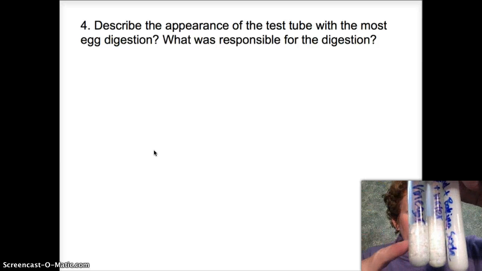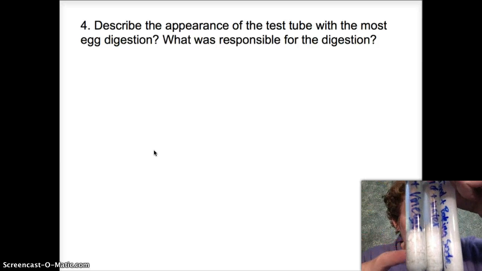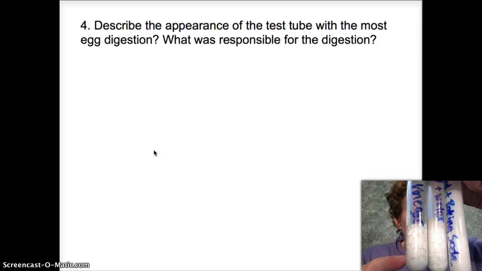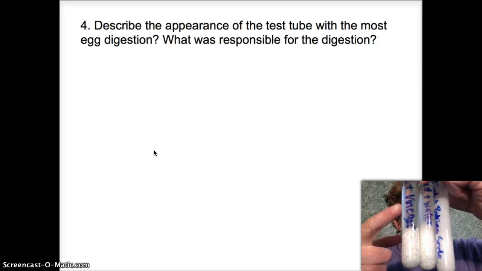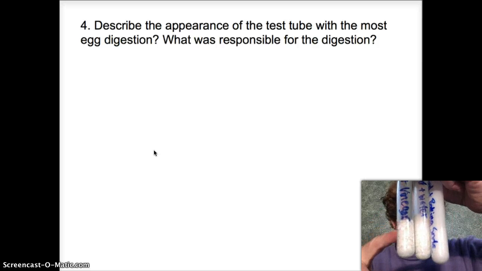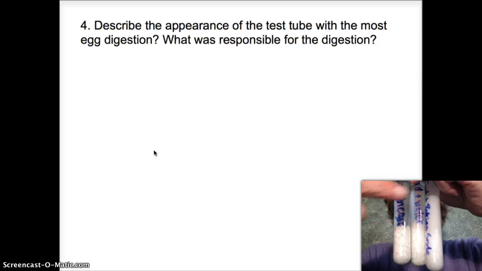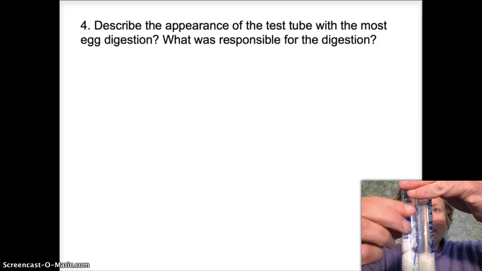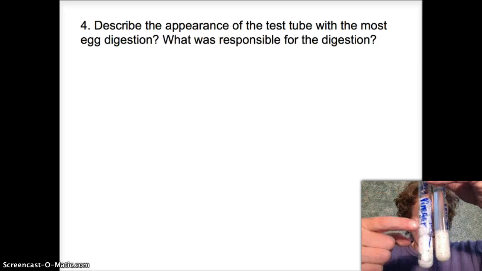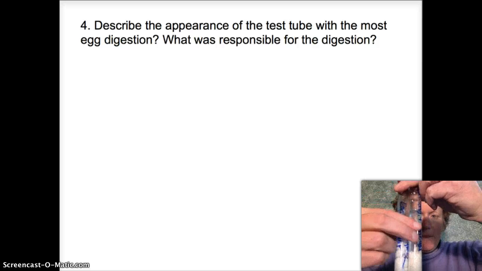And so the eggs got much more crumbly and kind of squishy at the bottom of the test tube when they were in an acidic environment with the enzyme. They were much more digested than when they were over here with baking soda. And just for comparison, this is just egg and vinegar, no enzyme. And here's the